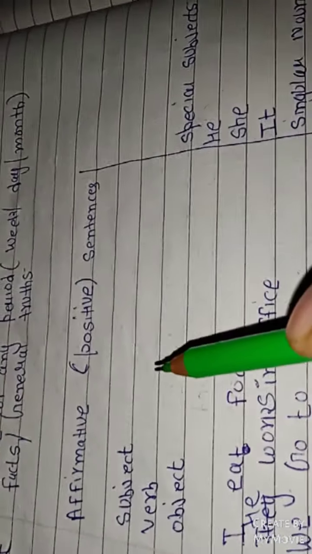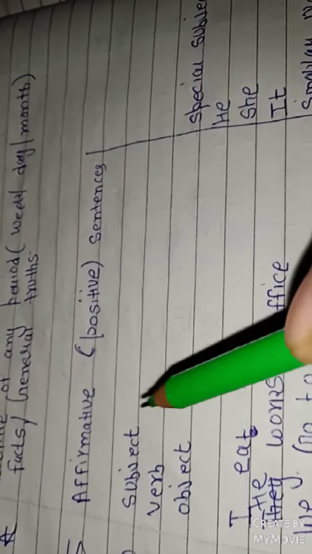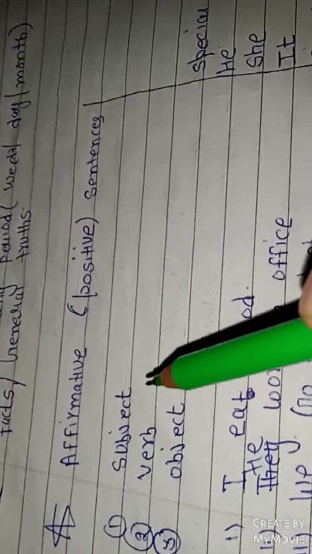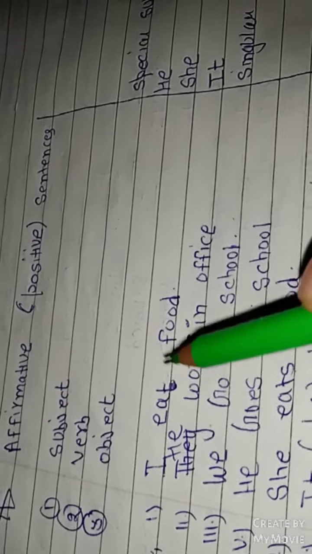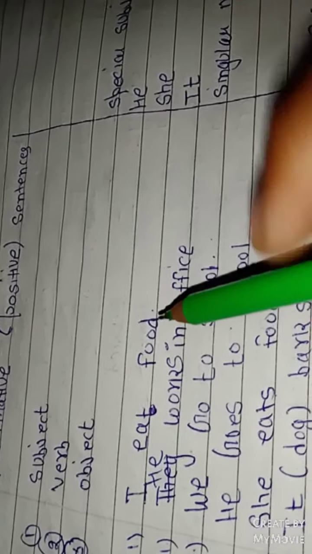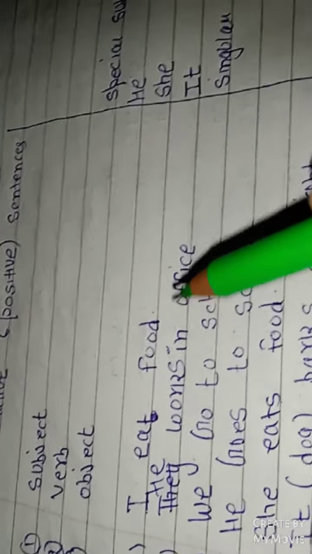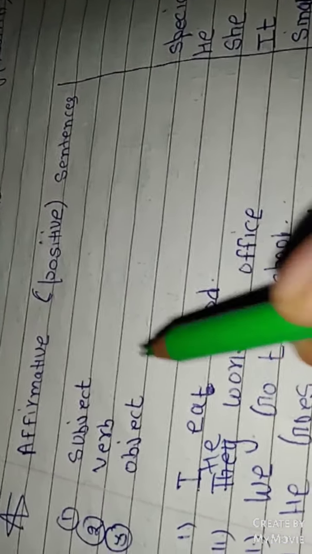So now let's discuss some rules related to this topic. In this video I will tell you how to make affirmative or positive sentences using this tense. In this we just need to learn three things mainly. Our basic sentence has only these three things: here our subject, here is our verb, and then comes an object. Only in more advanced sentences we have 4 to 5 things, but most commonly we find these three things in an affirmative sentence.